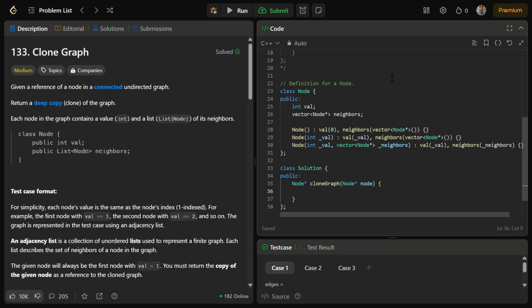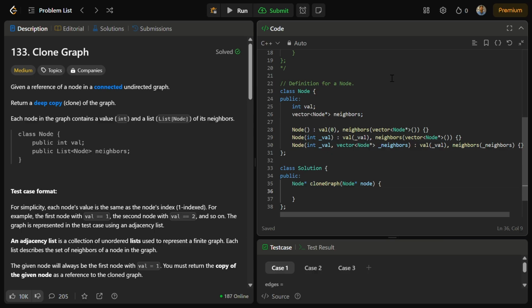So we know that there are two kinds of graph, directed and undirected. Directed means going from one node to another with an arrow, like an outgoing arrow or an incoming arrow. But in an undirected graph, there are no specific outgoing and incoming arrows. Every node is receiving arrows or sending arrows. It is like this. And deep copy means, if I explain in terms of Python, there are two